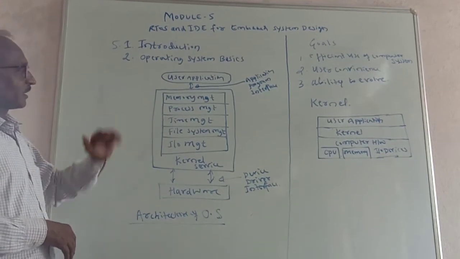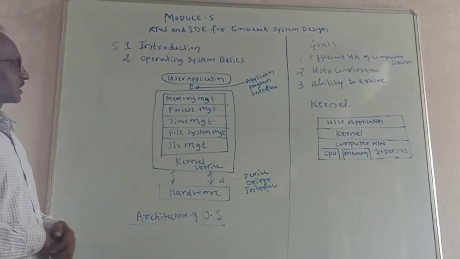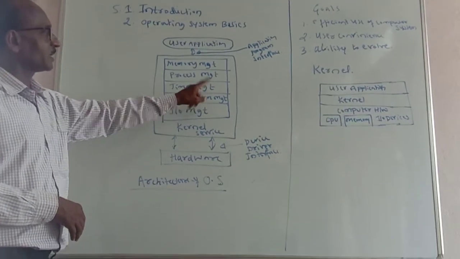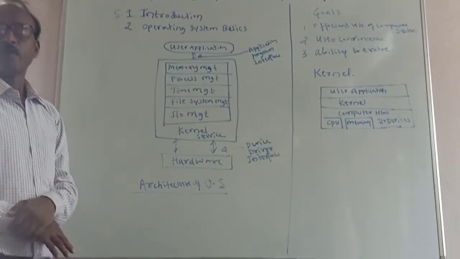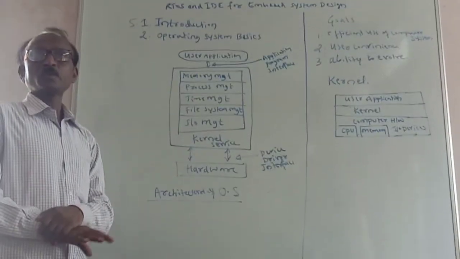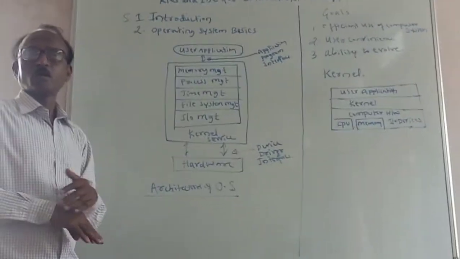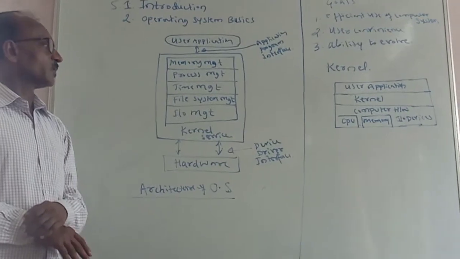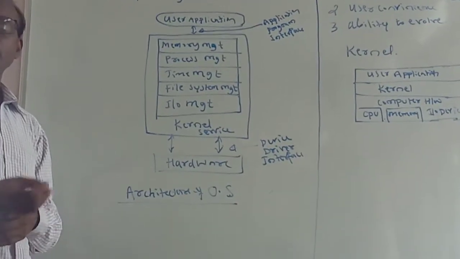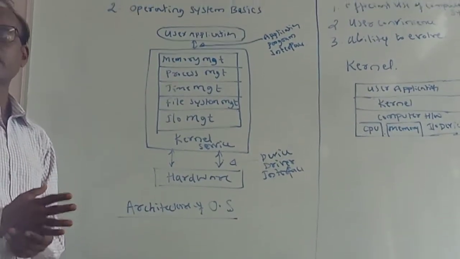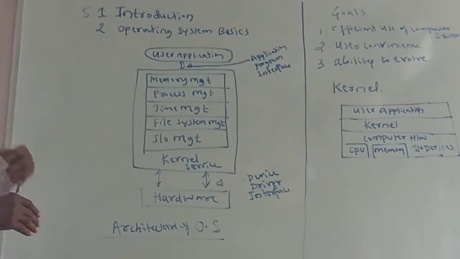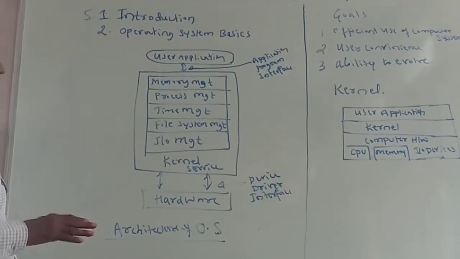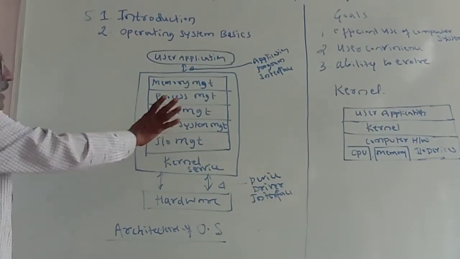Now you enter another point in the operating system, that is time management. For any task, we prescribe a schedule. Without a schedule, no task is executed. So for each program and each task we allocate a certain time. Within that specified time only, the program will be successfully operated. That is known as time management.